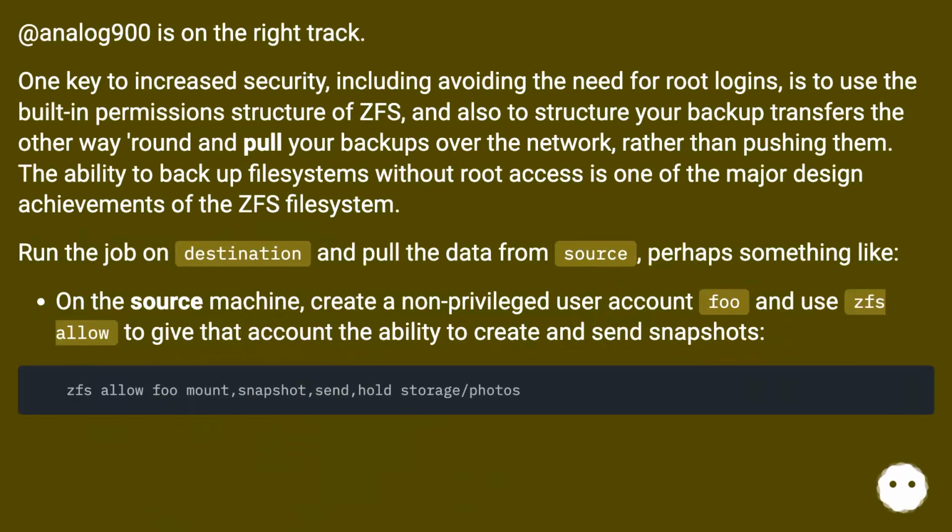Analog900 is on the right track. One key to increase security, including avoiding the need for root logins, is to use the built-in permission structure of ZFS, and also to structure your backup transfers the other way around and pull your backups over the network rather than pushing them. The ability to back up file systems without root access is one of the major design achievements of the ZFS file system. Run the job on destination and pull the data from source, perhaps something like: